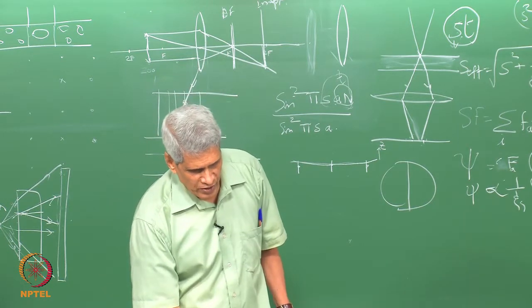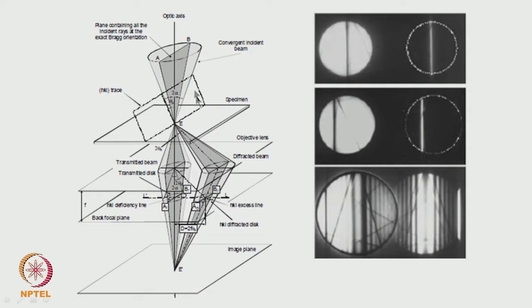So, these fringes which come are because when the beam enters, this plane satisfies the Bragg condition, there S equals 0, correct, because perfect Bragg condition is being satisfied. And all the other ones, though the beam is falling onto the same region, are with different S. So, that will give rise to a fringe pattern. This is the fringe pattern which you get.